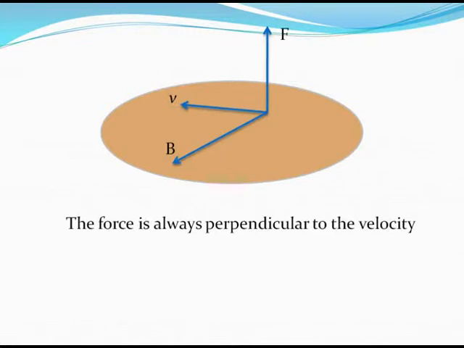You see, magnetic force is qv cross B, and the cross product of two vectors is always perpendicular to both the vectors. So in this case, the magnetic force is always perpendicular to the velocity. What this also means is the magnetic force does not change the velocity at all. For example, right now the magnetic force is acting upwards and the velocity is towards the left. Now you might feel that the magnetic force might cause an increase in velocity in this direction, isn't it? After all, there's a force acting upwards. But that will not happen.